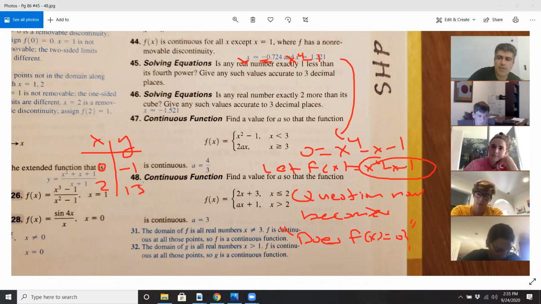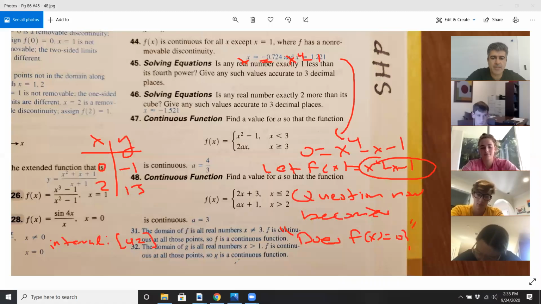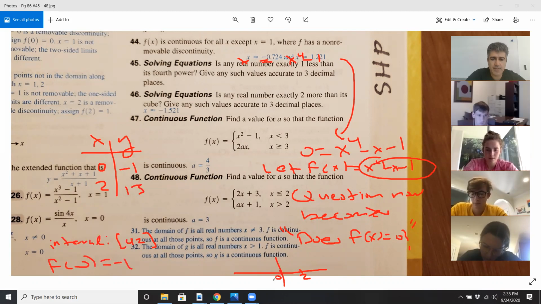So now I found an interval. My interval is going to be 0 and 2. So on the x-axis, here's x equals 0, x equals 2. F of 0, of course, is -1. So I have a dot right here. F of 2, of course, is 13. I have a dot right here. And f of x